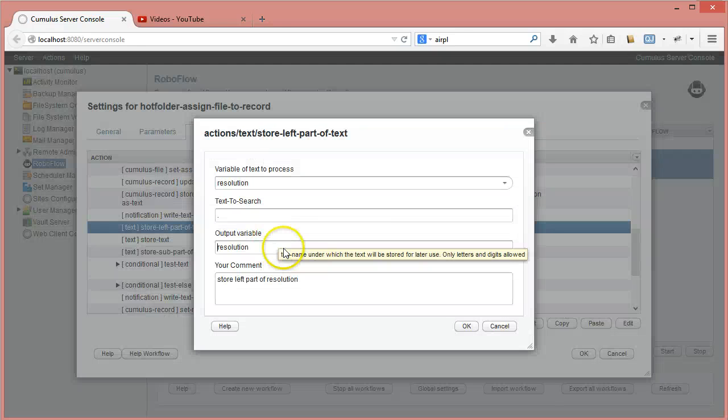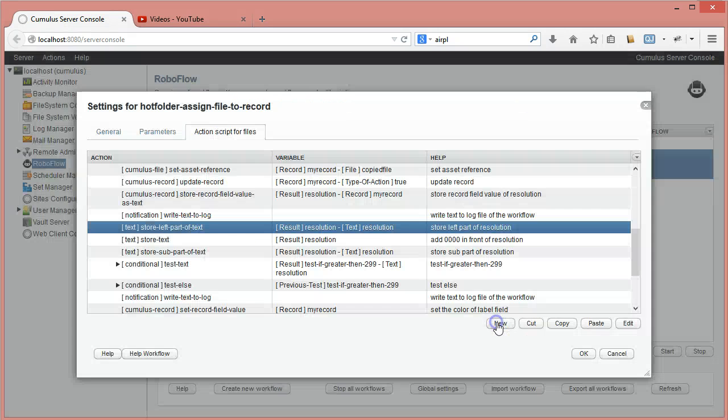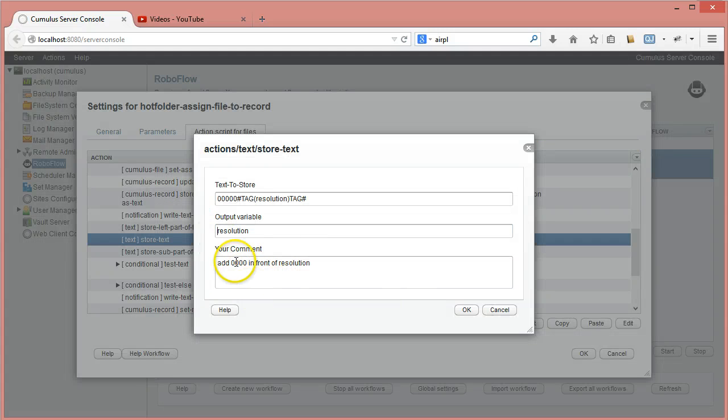Then I store the left part of the resolution, everything left of the comma, of the decimal point. I lose the part behind the comma, and I store it in the same variable name. Then I add 5 zeros in front of it, so I store the text. I get the current resolution, I just put 5 zeros in front of it, and